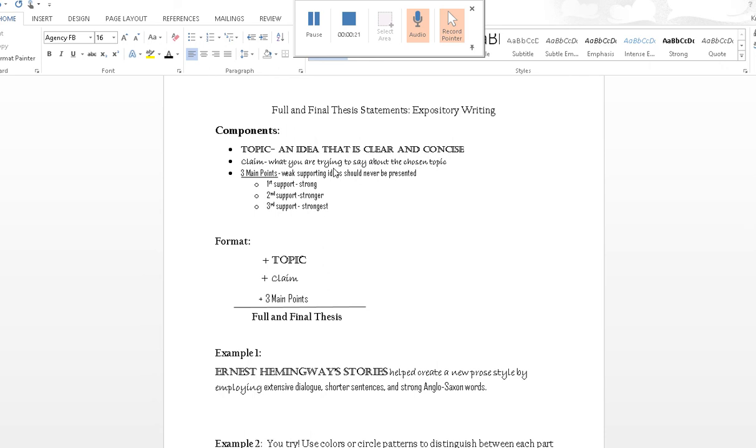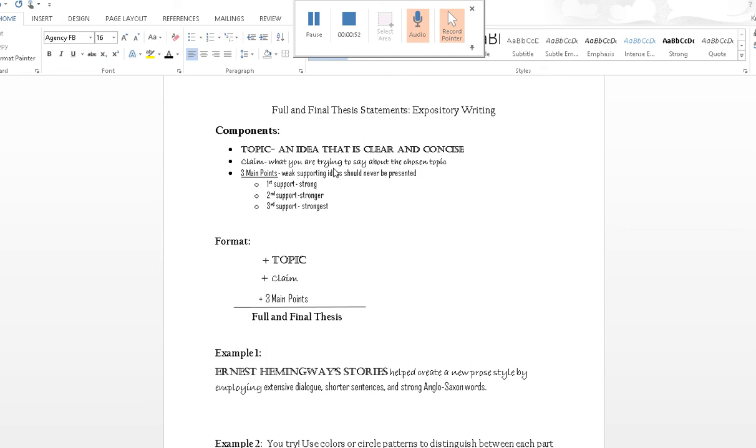Before you write a thesis, you have to be able to understand the assignment, so hopefully you do at this point. If not, you can look over the expository essay directions. You are writing an informational paper about a professional topic of your choice. It should relate to some sort of profession or field, so it should relate to something that could affect you after high school, and this can be set up as a comparison contrast, problem solution, cause and effect, descriptive, or